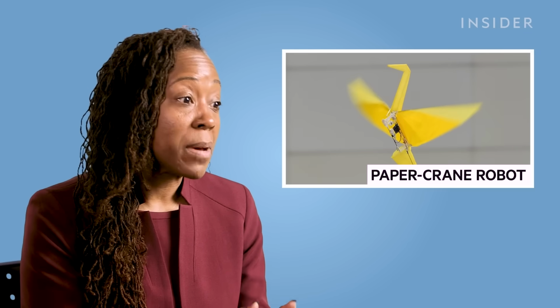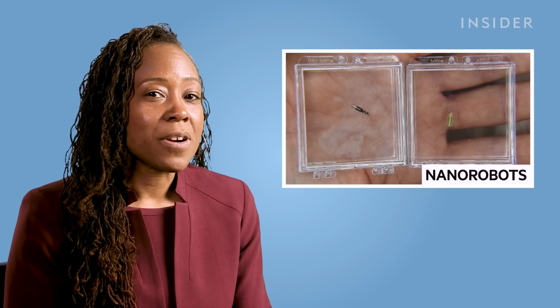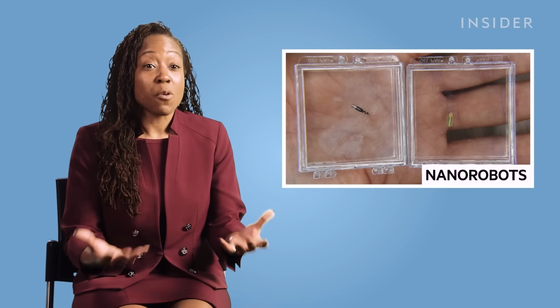Small robots like this are possible. In fact, there are robots about this size that can fly, the size of a bird, of a butterfly, things like that. Of course, they don't have as much functionality as these robots or as much intelligence as these robots. There's even a field of robotics where the robots are even smaller. Nanorobotics, for example,